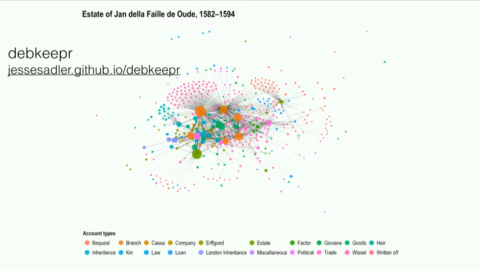This is a network graph, again, showing the accounts and how they're related to each other. So this has obviously gotten me a long way from where I started, but basically I was able to get here because of the skills that I gained by looking into the tidyverse, and that's pretty much what I used in the package.